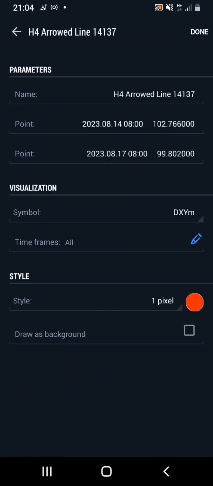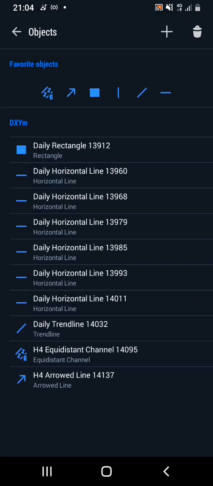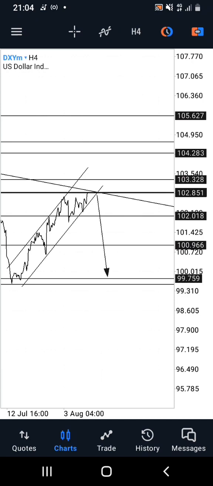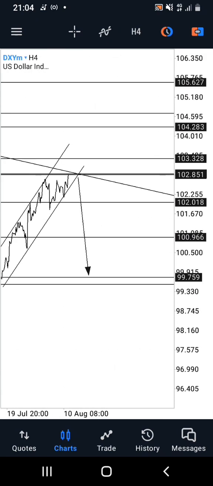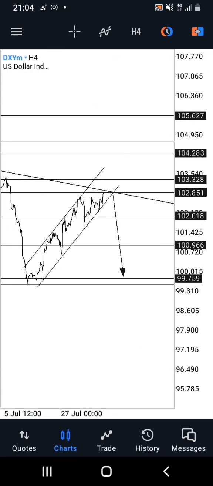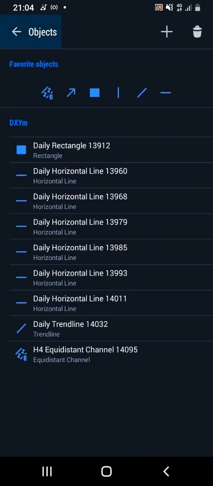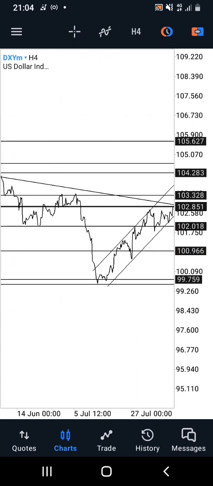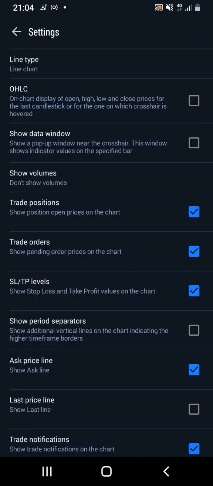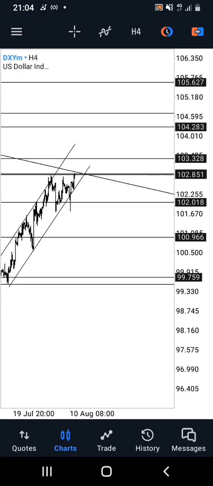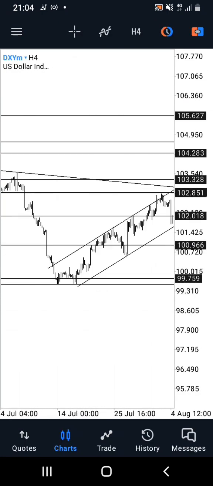So once that is said and done, we move on to the next step, which is to finalize our technical analysis on DXY, which is probably switching time frames, and switching from line chart to candlestick chart,